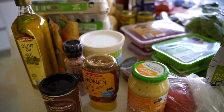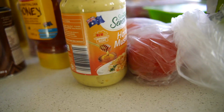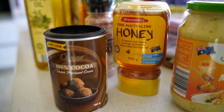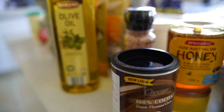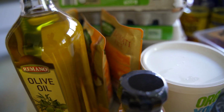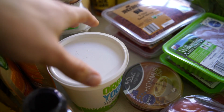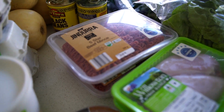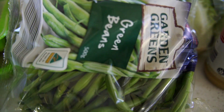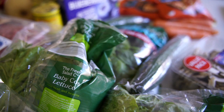So here's all the groceries that we accumulated shopping in Aldi. We've got our honey mustard seasoning for our chicken. We've got honey cacao for our oats, salt for seasoning. We've got olive oil, basmati rice. It's two servings per packet. Eggs, Greek yogurt, 5-star lean beef. We've got some chicken, green beans, peanut butter, we love that, avocados, a lot of greens here,